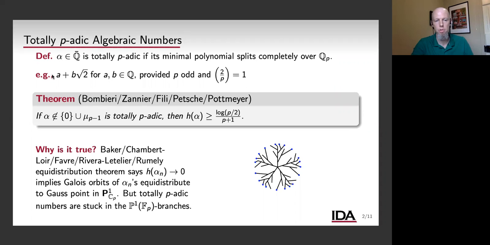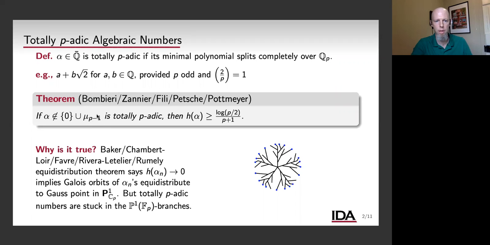Okay, so here's a nice example. So I use a plus b root 2 again, and this is actually totally p-adic for p odd when the Legendre symbol of 2 on p is 1, because then 2 is a square in Q_p. So this is totally p-adic. So there's this analogous result to the Schinzel result that was proved by Bombieri and Zanier, that if you throw